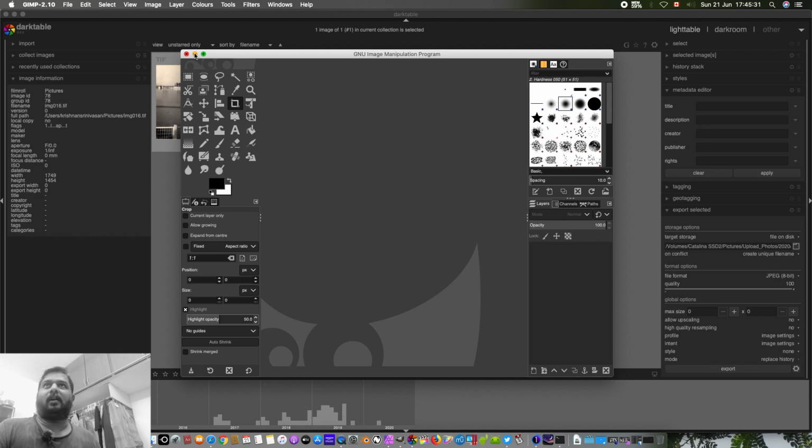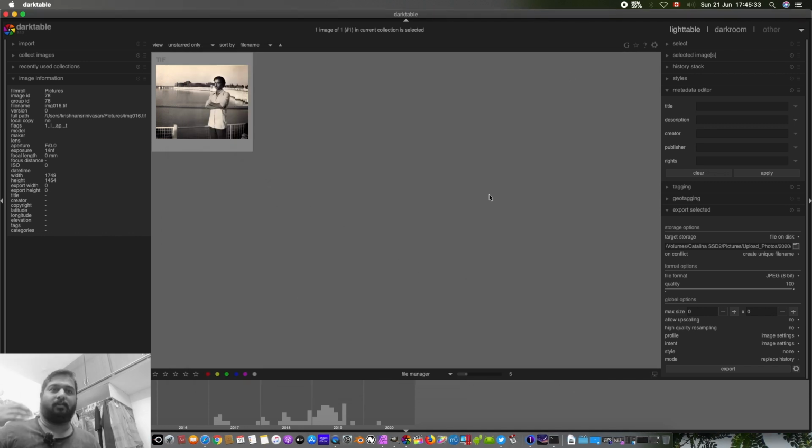So that's where I was more trying to be dedicated to only one software. That was Darktable for me during my Linux operating system days. So I had Darktable, which is something similar to